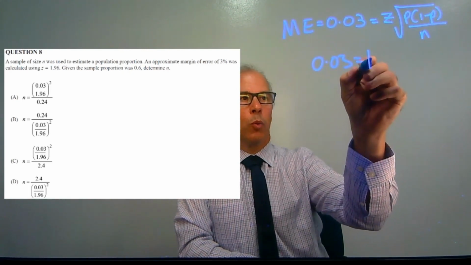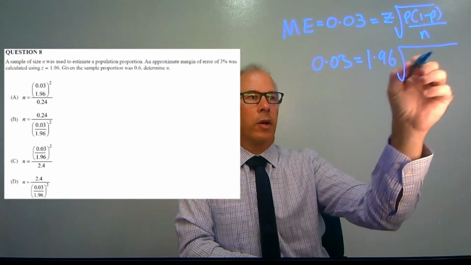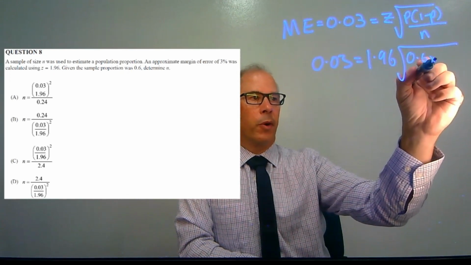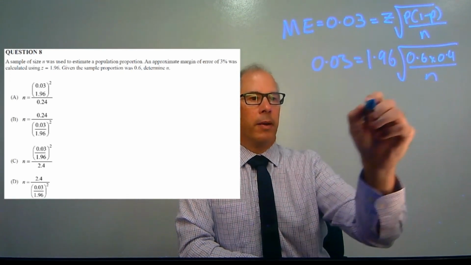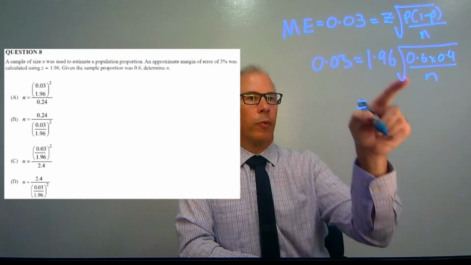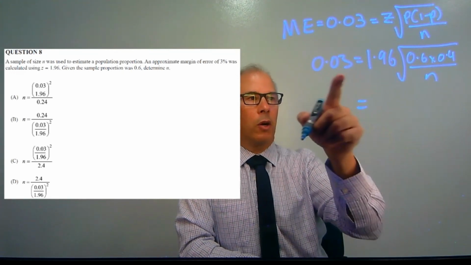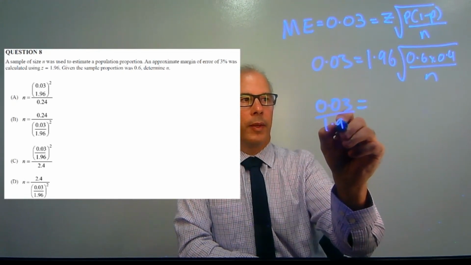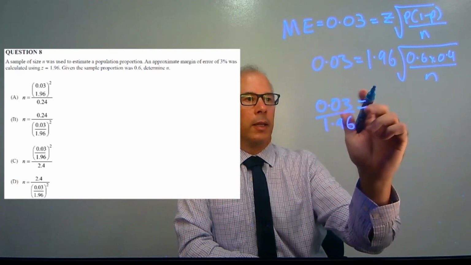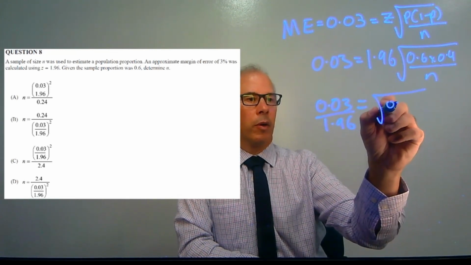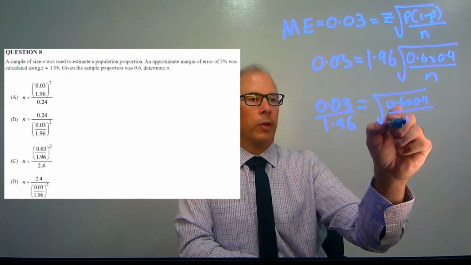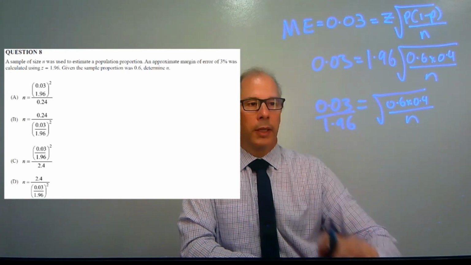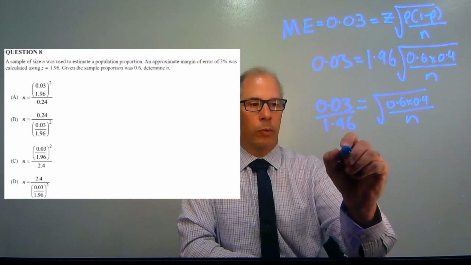0.03 is equal to 1.96 square root of p, in this case 0.6, 1 minus p is going to be 0.4, over n. So we can now rearrange this and solve it. It seems a bit complex to solve, but if I look at simplifying this, I've got this square root of 0.6 times 0.4 over n. If I rearrange and simplify that, I should get n is equal to